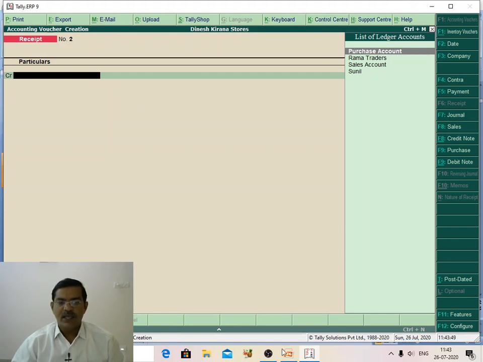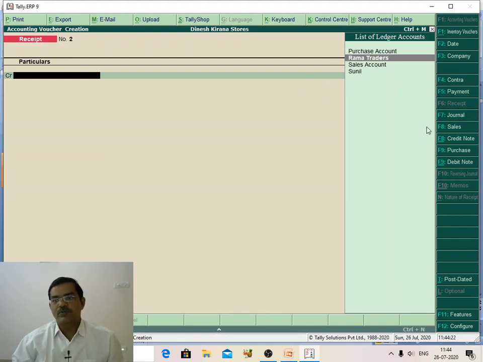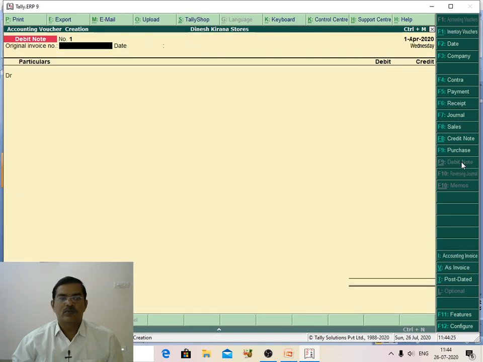Like this we are posting the transaction in Tally ERP 9, using the item invoice mode. At the same time, some of the biscuits and some of the oil packets are not good. We need to return the goods. First I need to return some goods to Rama Traders. Earlier I bought some goods from Rama Traders. Now I want to return them. It is credit purchases, right? Now for credit purchases, I want to return some goods. What can I use? I can use the debit note voucher.